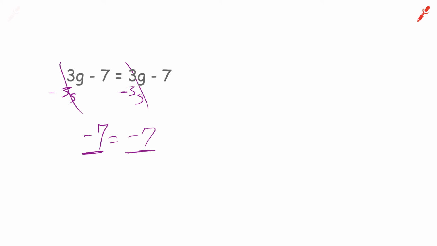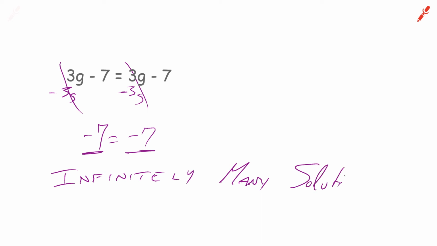All I'm going to do is write infinitely many solutions. Okay, you can abbreviate this as IMS for right now. I'll understand what you're saying, but you need to remember that it stands for infinitely many, because this concept of infinite means it never ends. It's never going to end. It's never going to come close to ending. And if it's never going to end and never going to come close to ending, then I can't list